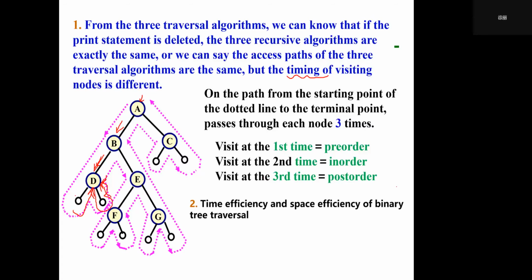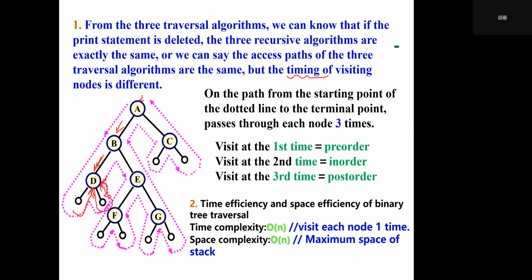So, the time efficiency and the space efficiency of binary tree traversal. Time complexity will be big O of n. Why? Because we visit each node one time. And space complexity will be big O of n. Why? You will say we haven't defined any